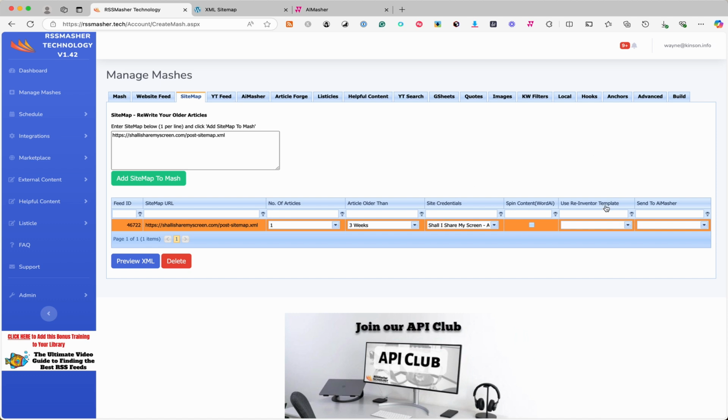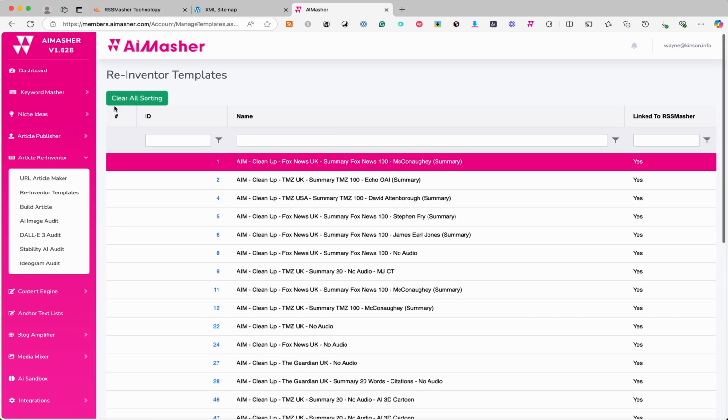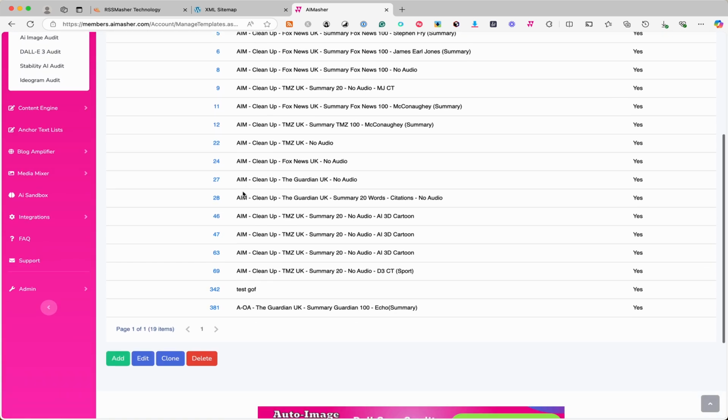So now we need to choose a Reinventor template. So if we go over to AI Masher, and then go to the Reinventor menu and then go to Reinventor templates, you'll end up on this screen. And this is where we create the templates that are used in RSSMasher. So I've got one down here,